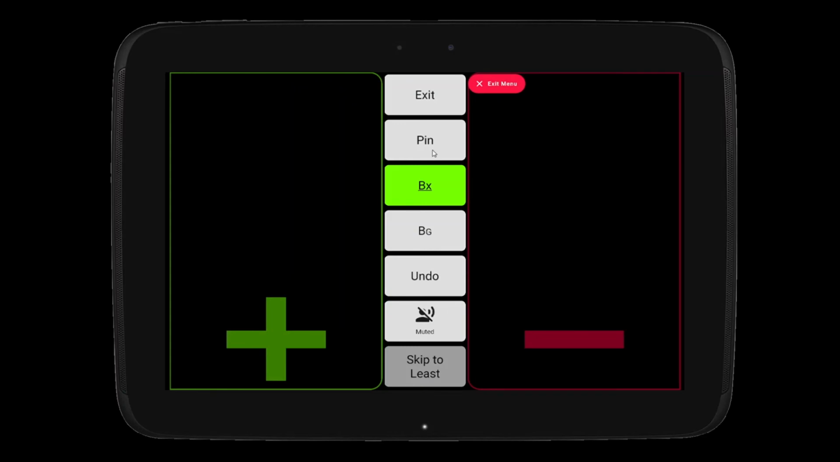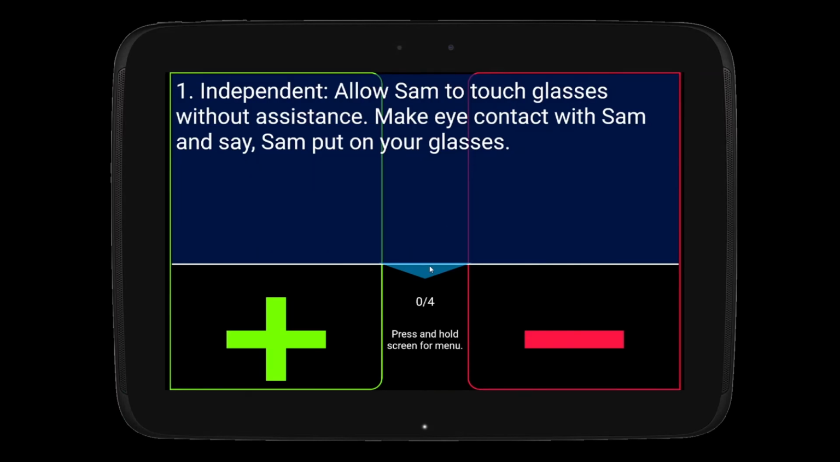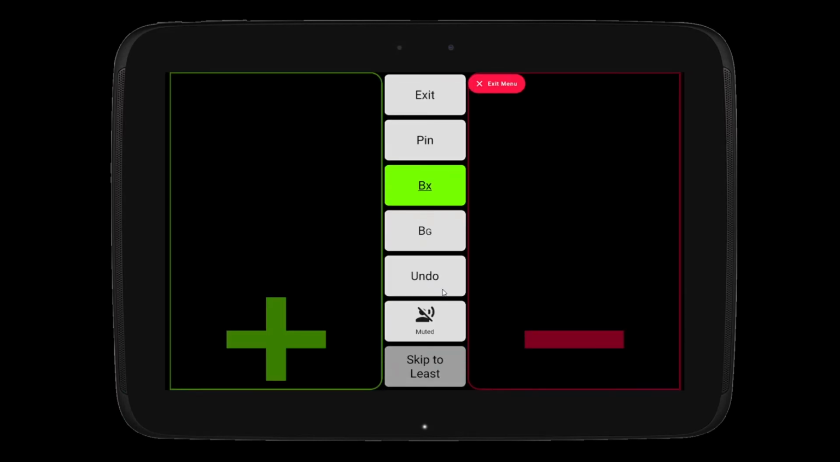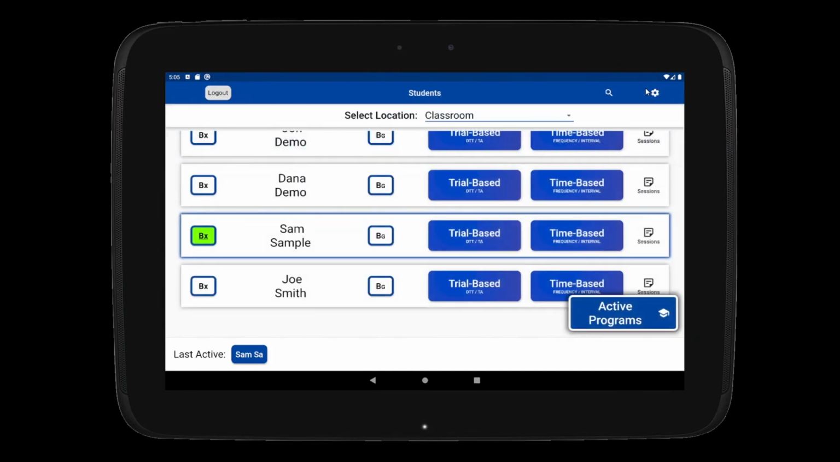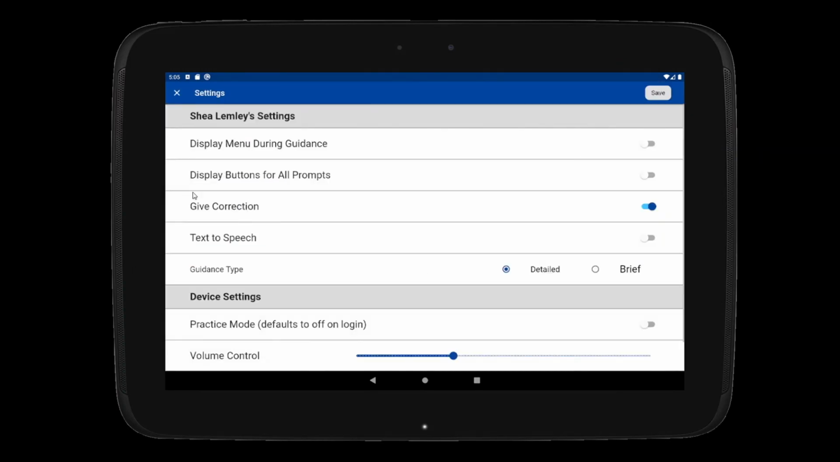To exit this menu screen and continue with the program, I just click Exit Menu. Alternatively, I could click Pin to pin this program, which returns me to the Active Programs page. Now I'll press back and then the gear icon to review another setting, the display buttons for all prompts setting,